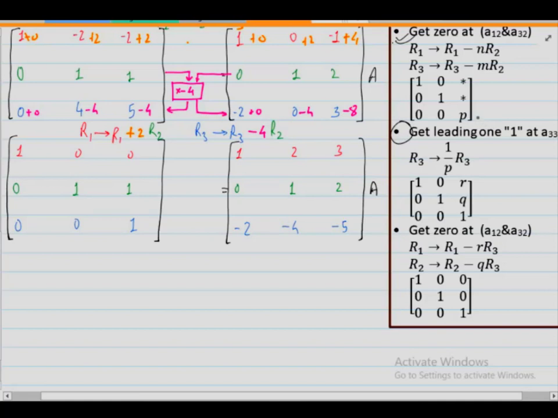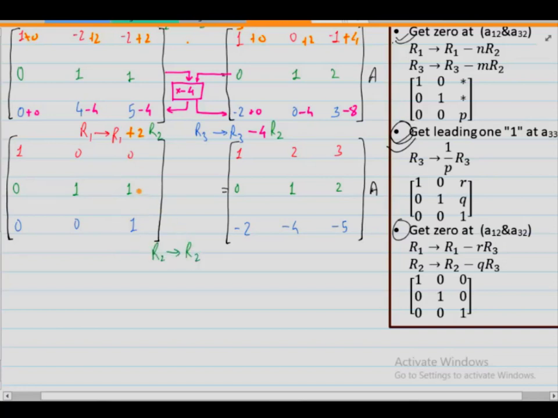Next step is to get the leading one at the A33 point. But by God's grace, we already have the leading one, so we also complete this step. Now we move to the last step, in which we need to get 0 at A12 and A32. By God's grace again, we already have 0 at A12. We just need to get 0 at A32, and for that we just have to take the operation